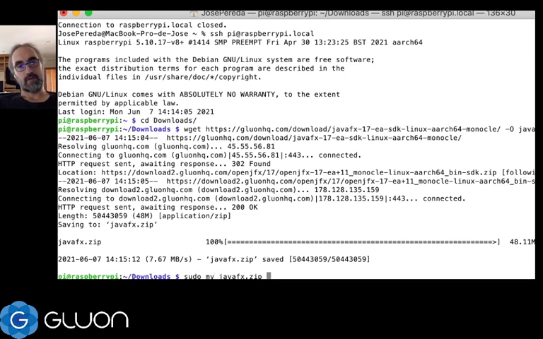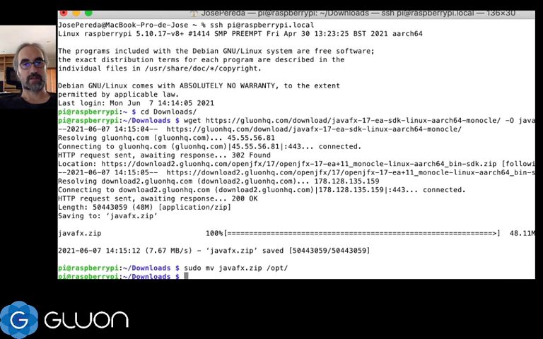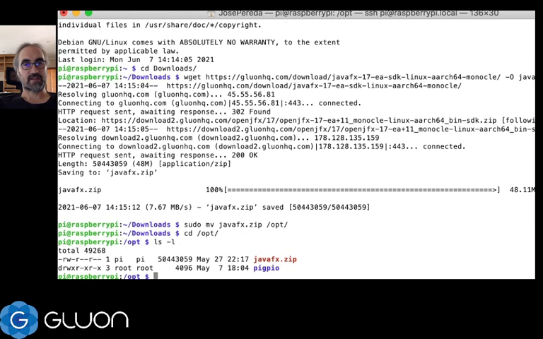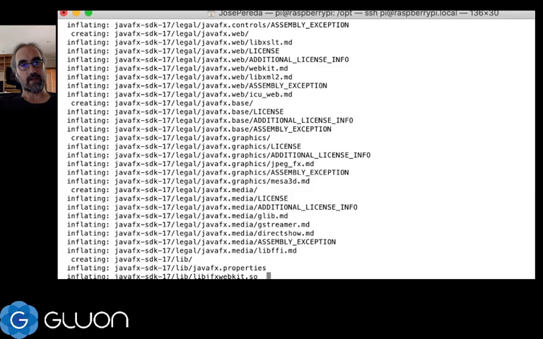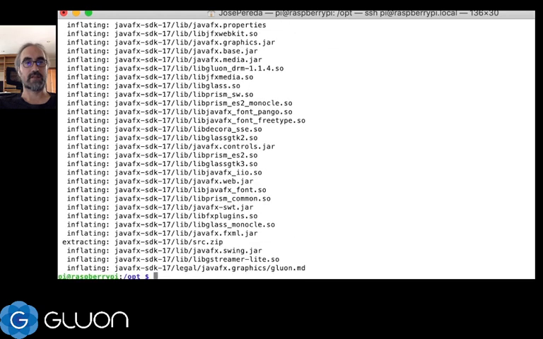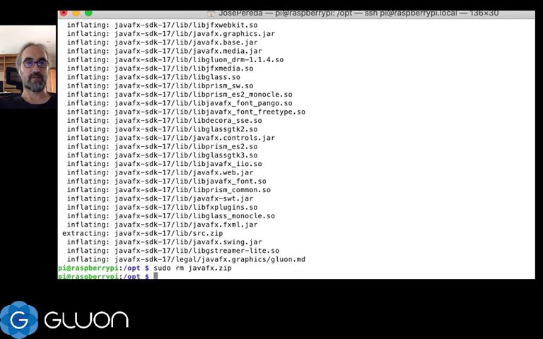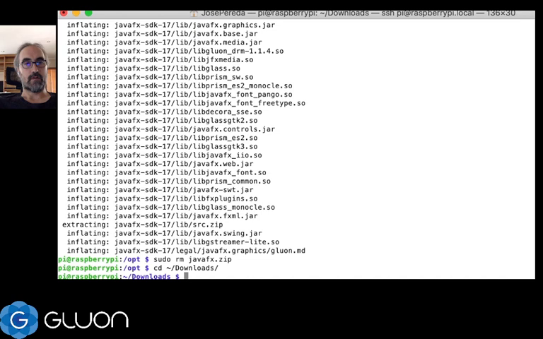So we try to install JavaFX under opt. So we go to opt and extract the zip. And we see there we have JavaFX SDK 17. And underneath there are all these jars, the usual JavaFX graphics jar, JavaFX controls, and also the dynamic libraries like Glass or Prism or others with the .so extension. So we are done with the setup,